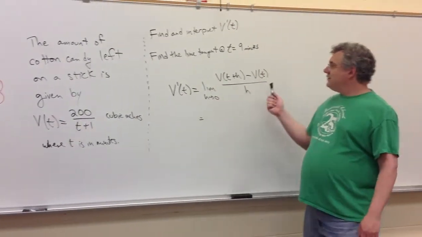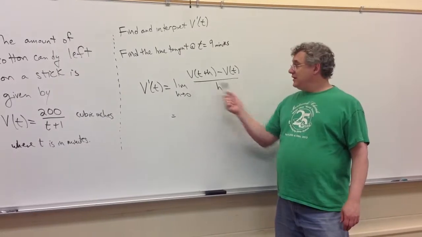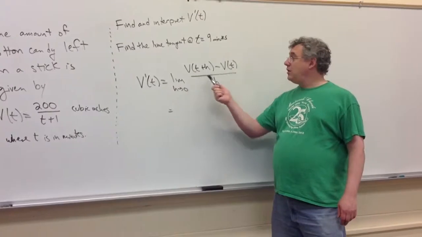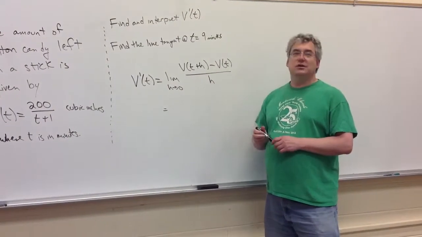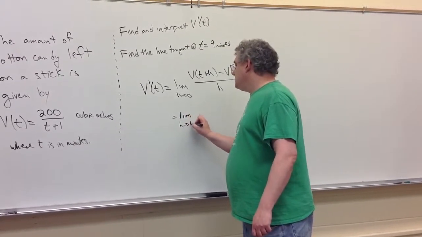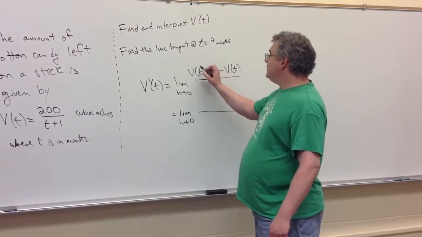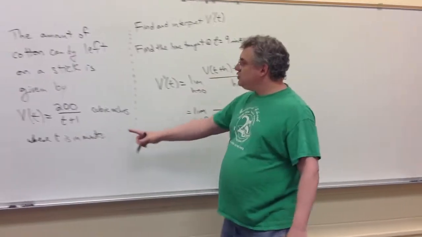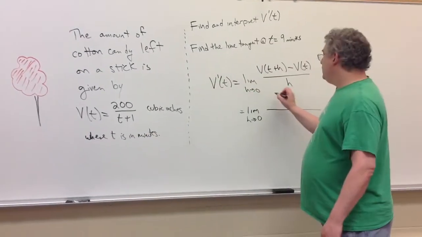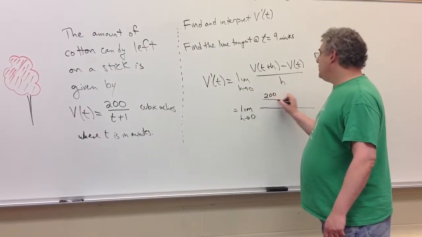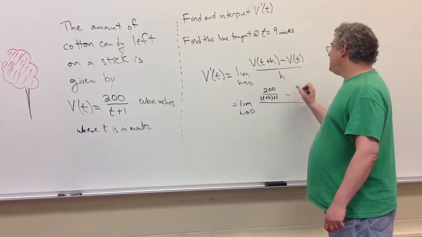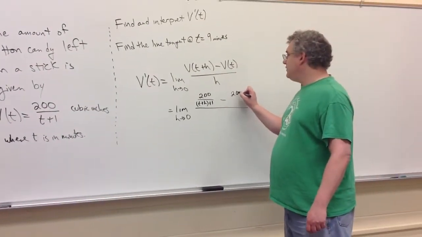So to find the derivative first, we use the difference quotient. There it is. This is the limit as h goes to 0 of v of t plus h minus v of t all over h. So what do we do? We take the limit as h goes to 0. V of t plus h, remember how that works? T plus h goes into the function everywhere you see a t. The only place is right there. So we have 200 over t plus h, that's parentheses, plus 1, then minus v of t, which is the same thing, but without the h,